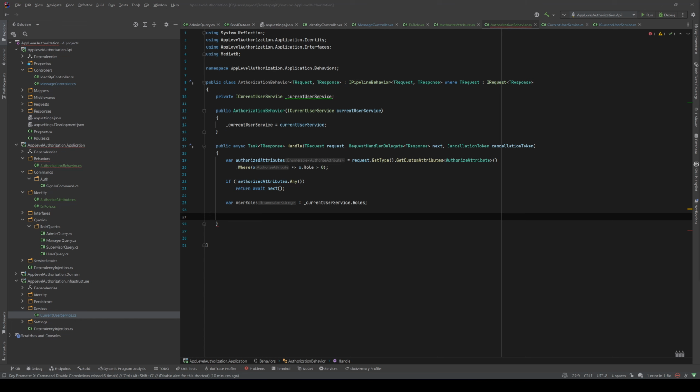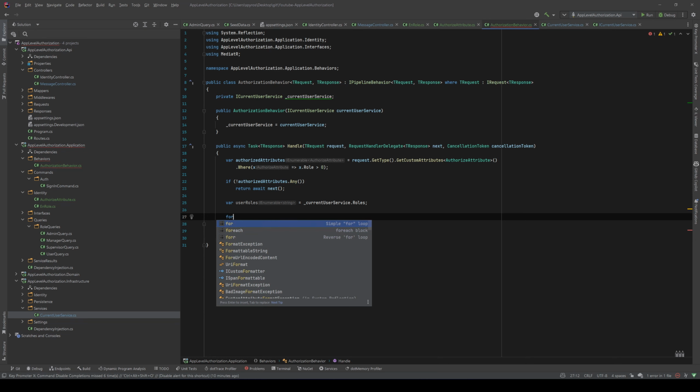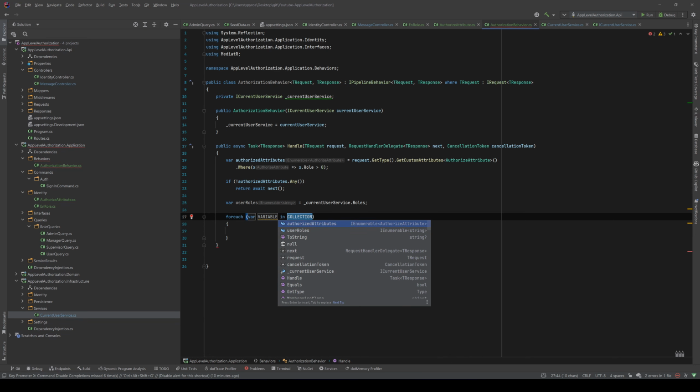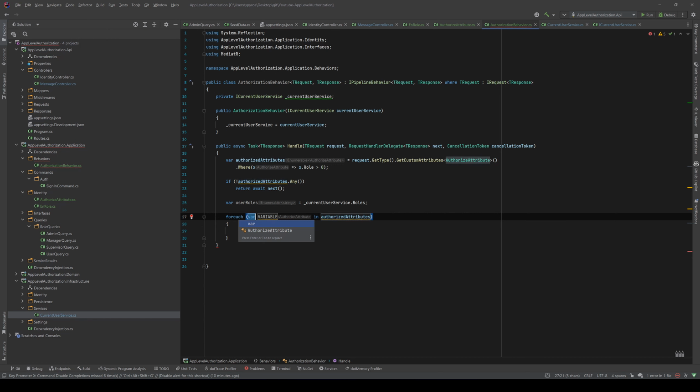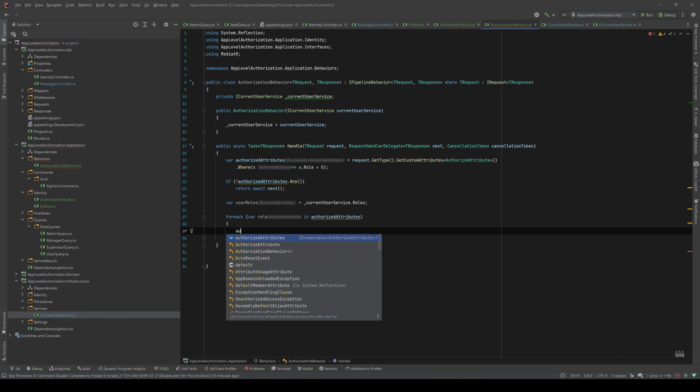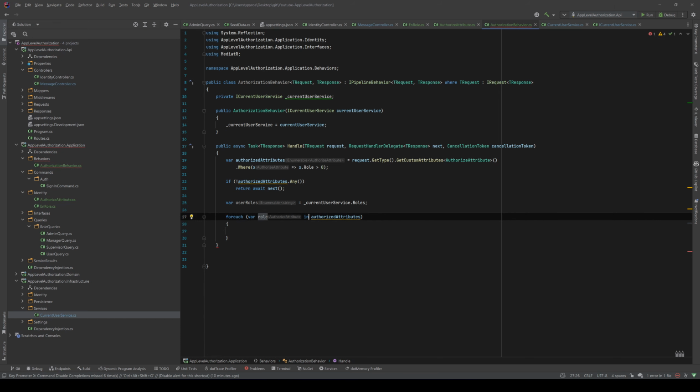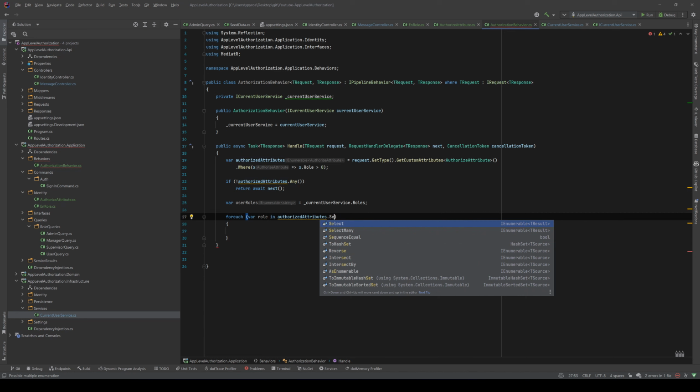In our example we are using a hierarchy of roles, maybe it's a little bit redundant, but it doesn't hurt. So let's say foreach role in our authorizedAttributes, in authorizedAttributes.Select role,